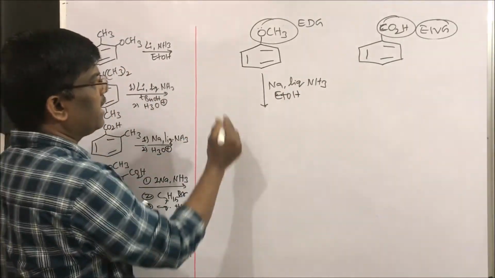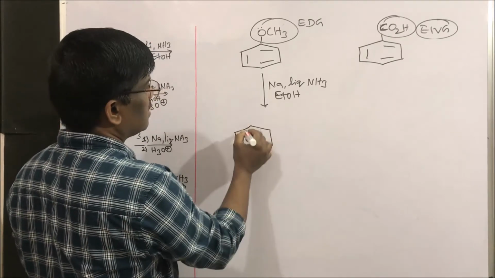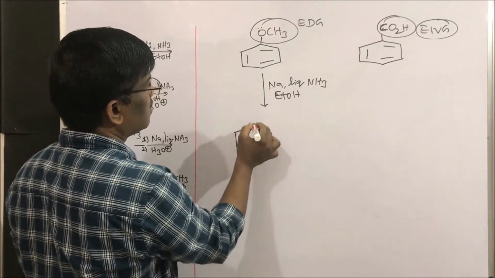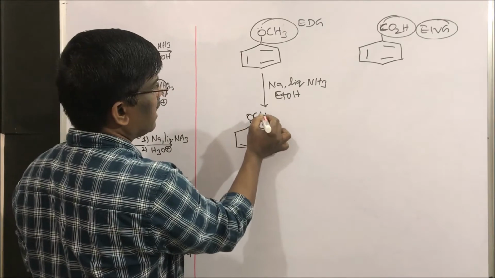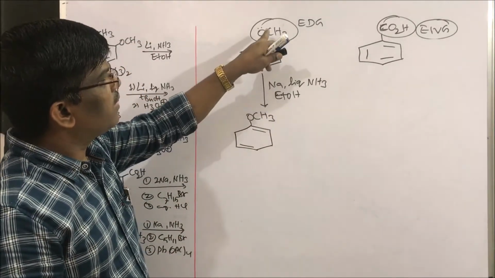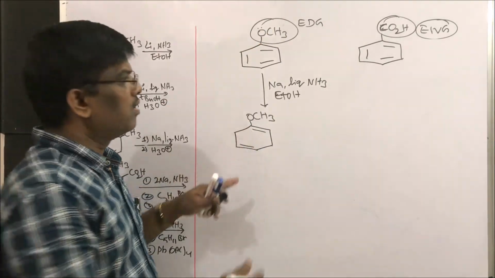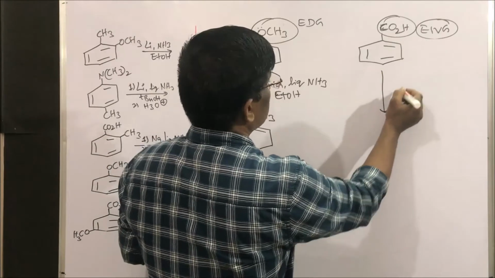I am going to get, in this case, OCH3, right? So the double bond attached to this electron donating group is not going to be disturbed, whereas here